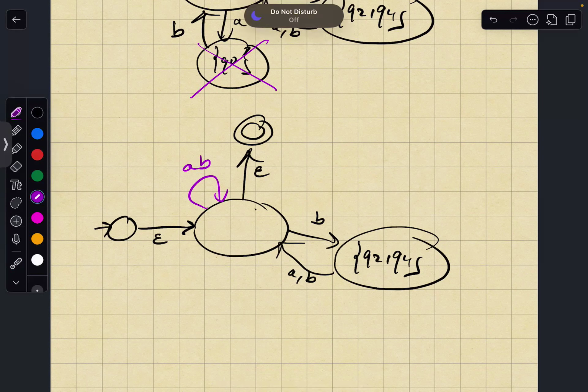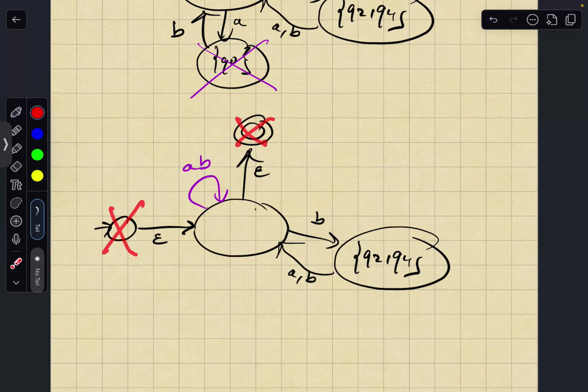Now let's delete another one. I'm never going to delete the start or the accept state because I need them. It seems like you also have to do a bit of look ahead or forward thinking. It's probably kind of a pain to delete this right now, so it might be easier to just delete this one because it has a single ingoing and outgoing edge. So that's what I'm going to do.